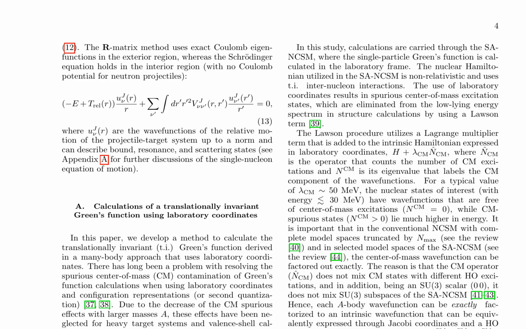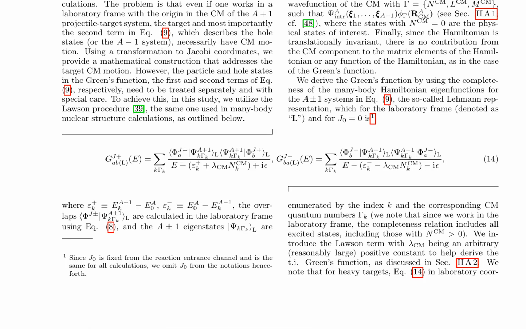The authors also discuss the calculation of the effective potential for nuclear reactions using the single-particle Green's function in the shell model with nuclear core polarization approach. This method addresses the center of mass motion of the target and hole states using the Lawson procedure. The approach is based on the calculation of the SPGF in laboratory coordinates, using the Lawson representation to eliminate CM